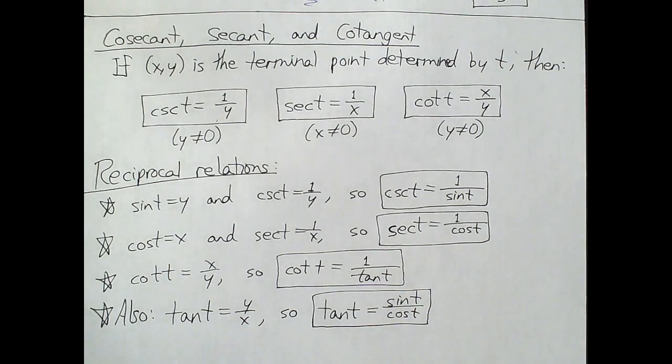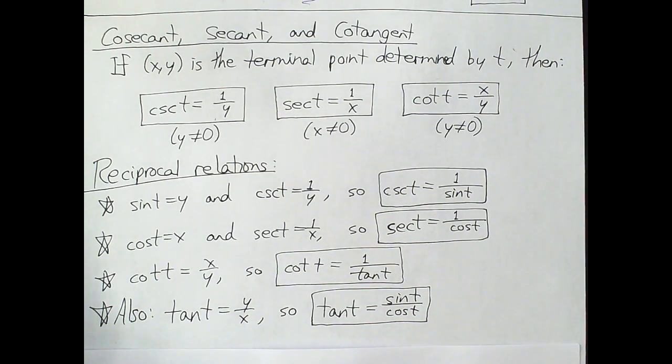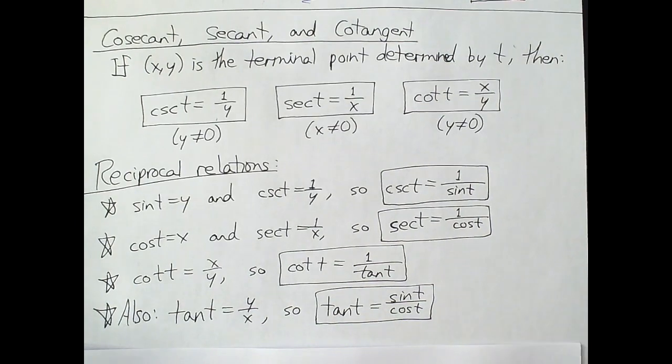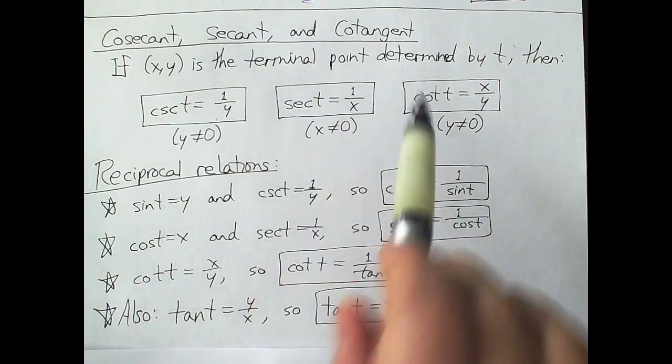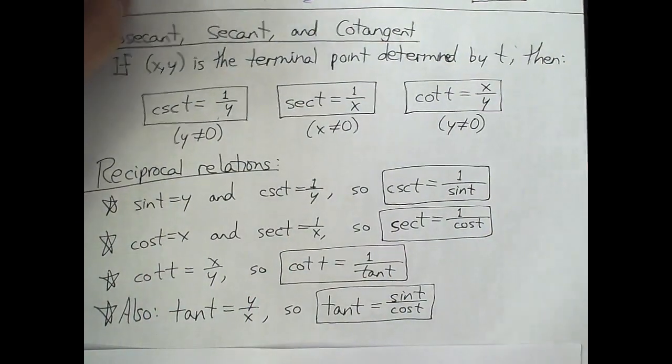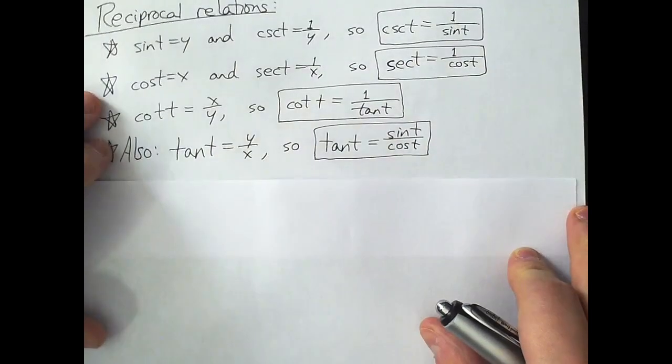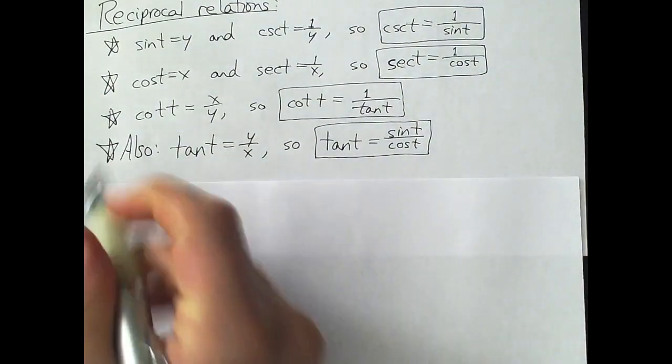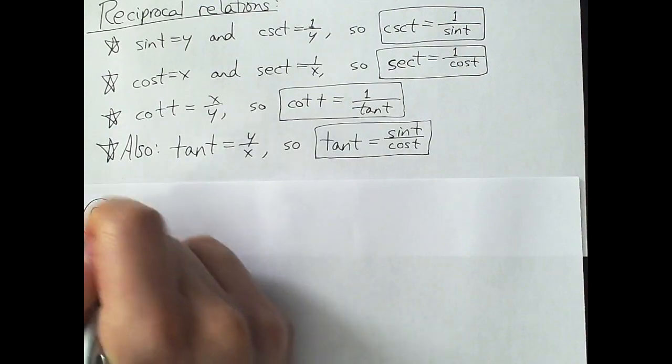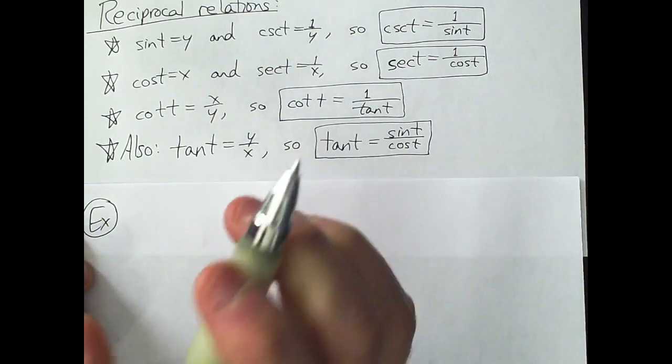So we've just defined a lot of things. I want to give you a problem to try. I think now if I gave you a t value, I could ask you to find all 6 of the trig functions evaluated at that t value. And that's what I'm going to do. So again, without a calculator,